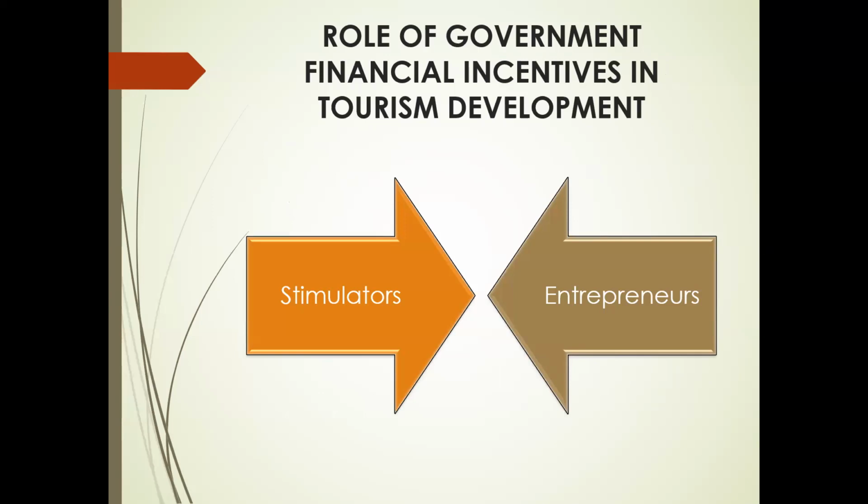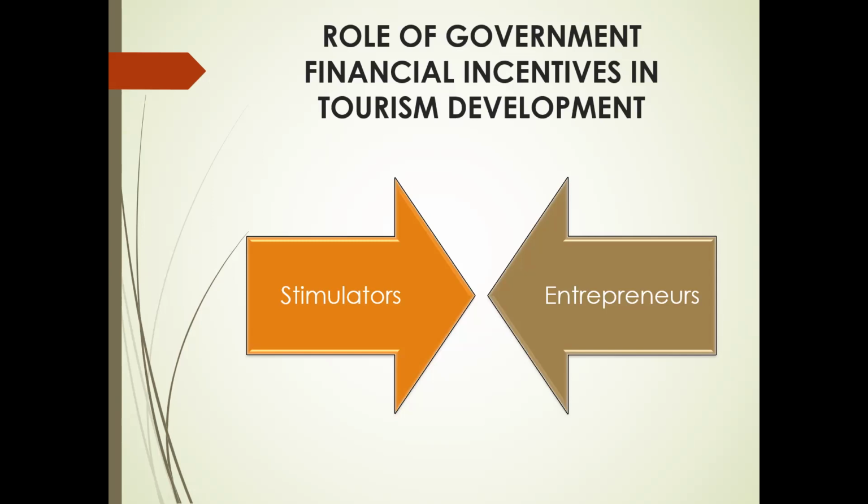The number of government agencies which provide specific financial incentives for tourism projects has increased rapidly in recent years, and these agencies play their dual roles as stimulators and entrepreneurs. So government financial incentives for tourism projects are classified into two categories, namely fiscal incentives and direct and indirect incentives. As to fiscal incentives, these are special allowances for income tax and other tax purposes, while the direct and indirect incentives include several programs aimed at easing the financial requirements of tourism projects.